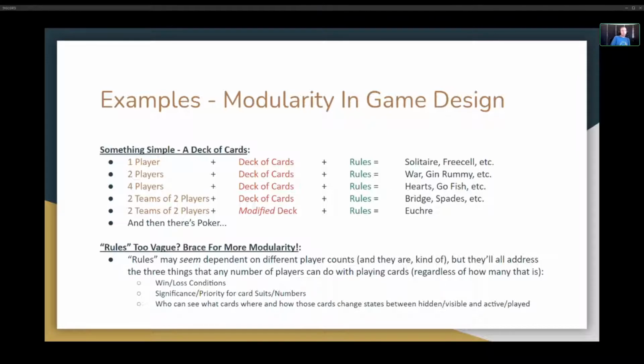Cards themselves as a module are very simple. It has a suit, it has a value, and it can be face up or face down. You might have a bunch of them in a stack. You might have them all laying on the ground face down. That becomes more of a go fish or pickup game. It's whatever you want it to be,